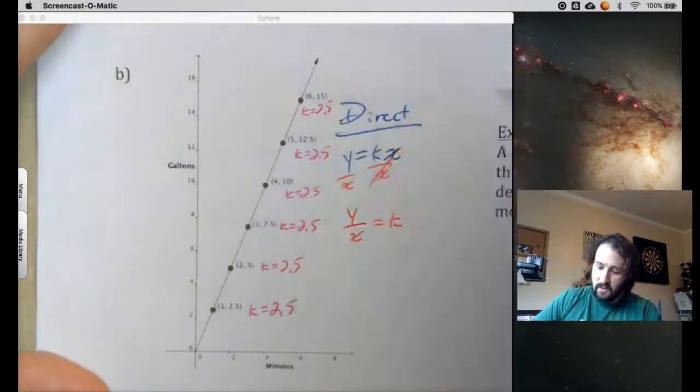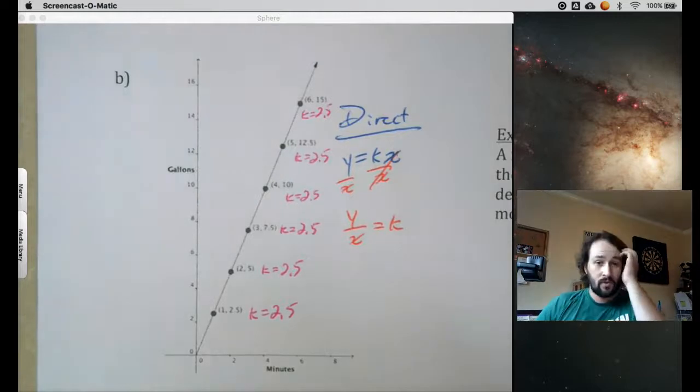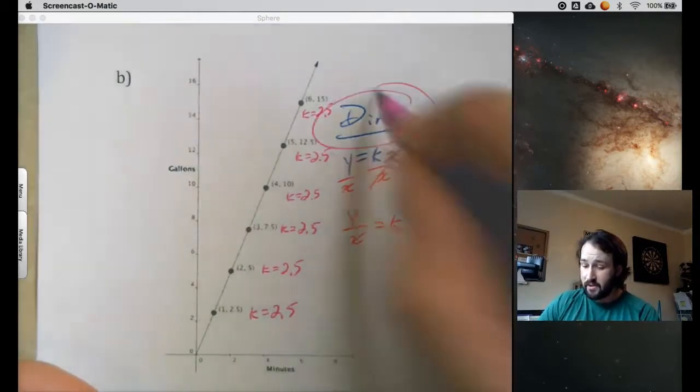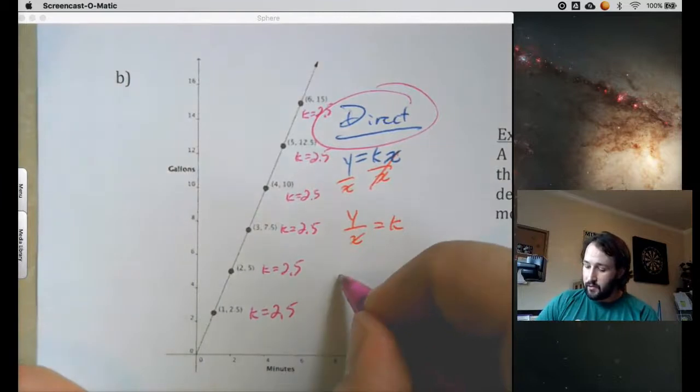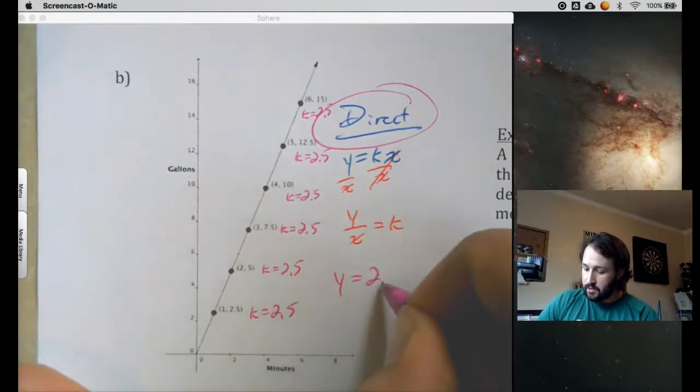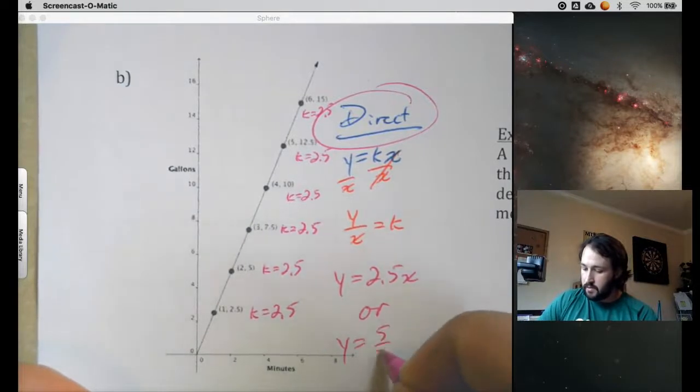And 15 over 6 is also 2.5. So the k value throughout all of this is 2.5. You could also write this as 5 over 2 if you want. Makes no difference to me. But that tells us, since all the k values are the same, this is indeed direct variation. And to write the equation for it, I would just write y equals 2.5x, or y equals 5 over 2 x,